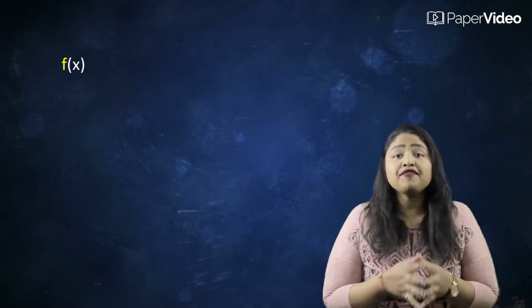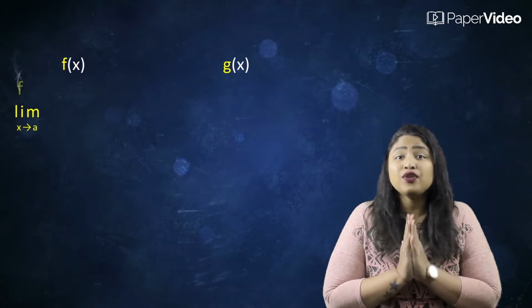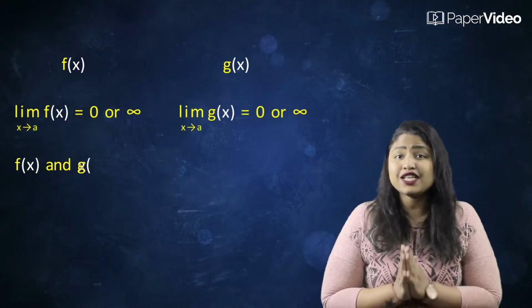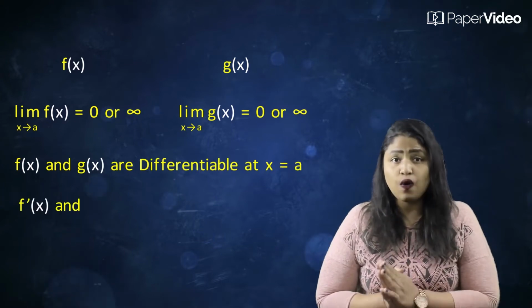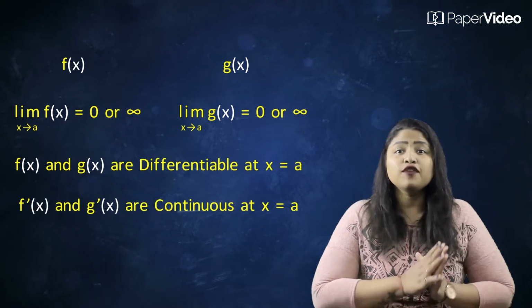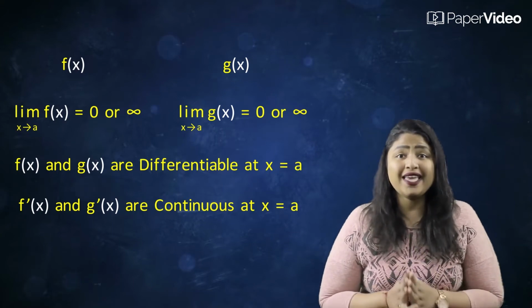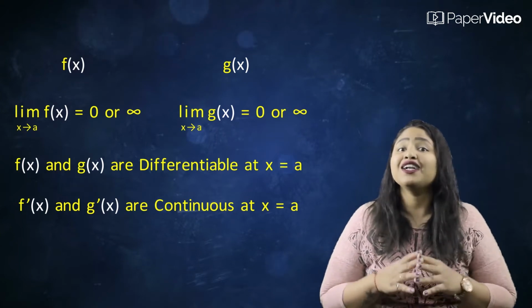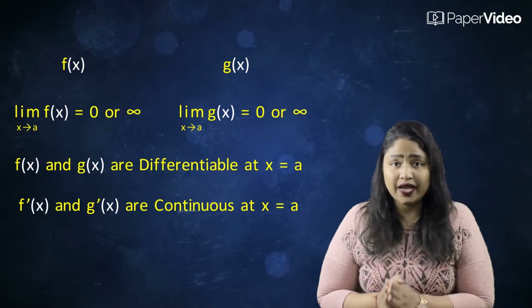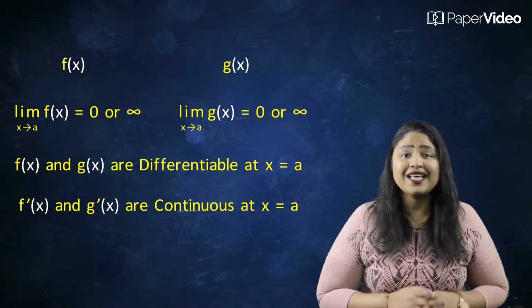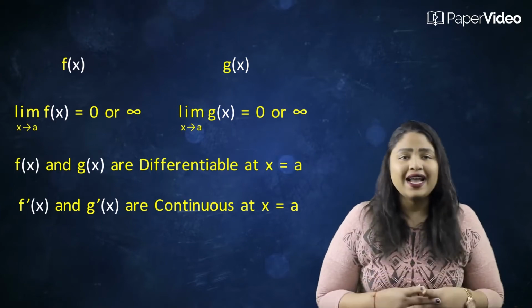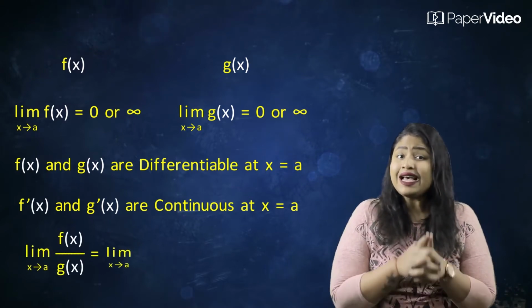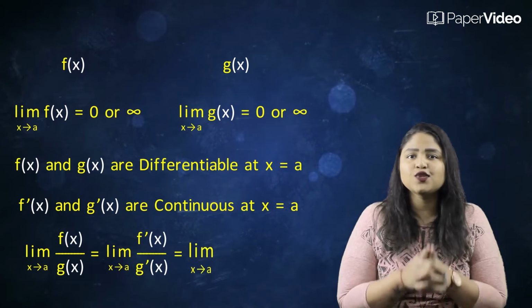According to this rule, if f of x and g of x are real valued functions such that limit of f of x as x approaches a equals 0 or infinity, and limit of g of x as x approaches a equals 0 or infinity, where both f of x and g of x are differentiable at x equals a and both f dash x and g dash x are continuous at x equals a. Then limit of f of x upon g of x as x approaches a equals limit of